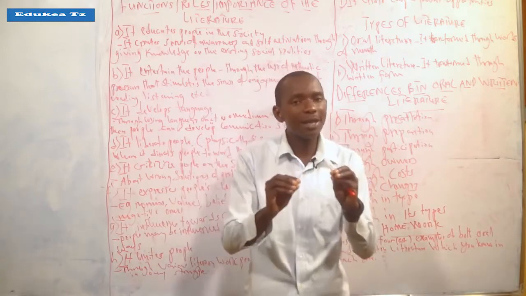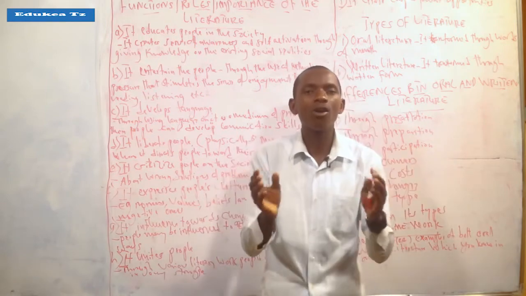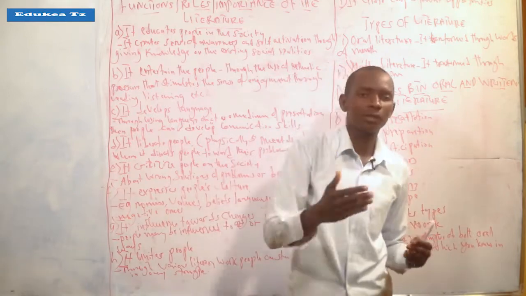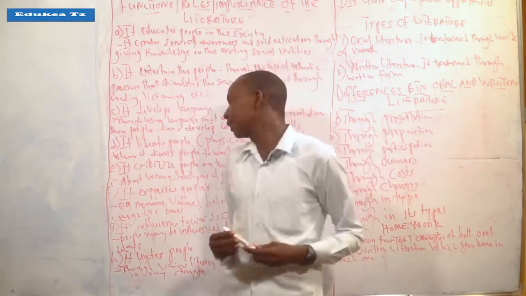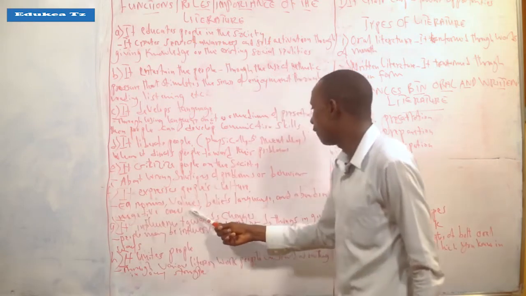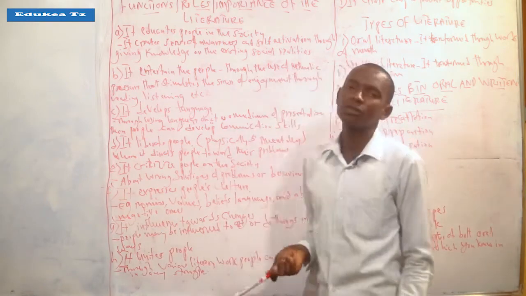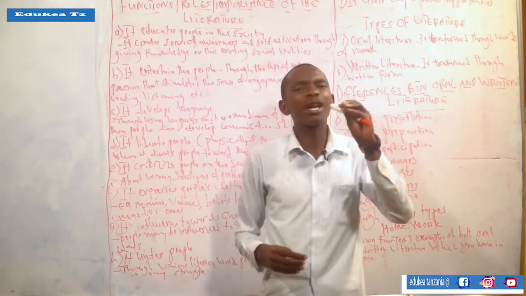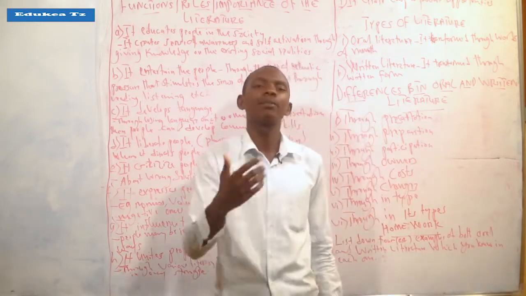So literature tries to tell us how people engage according to their norms, according to their values, according to each and everything which they do in their activities. So, on this point, for example, norms, values, beliefs, language, and abandoning negative ones. So here, literature tries to touch every aspect of life, economically, socially, and politically.